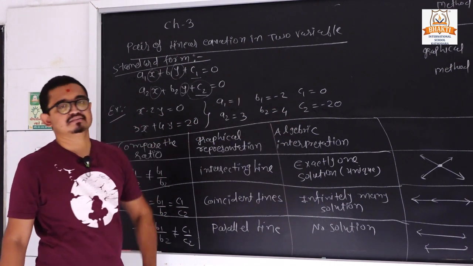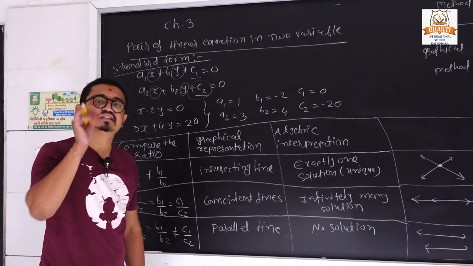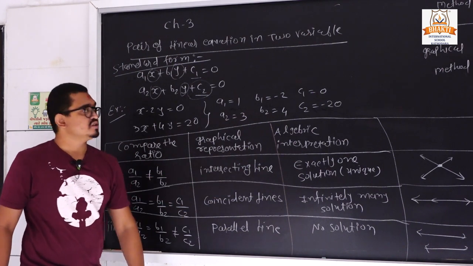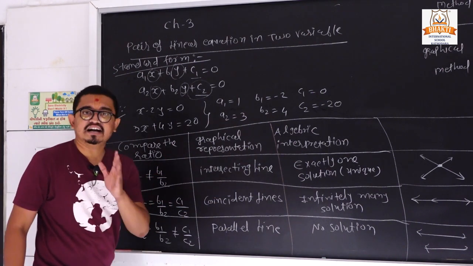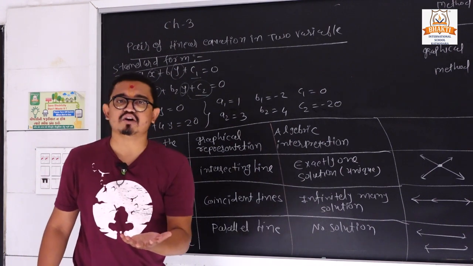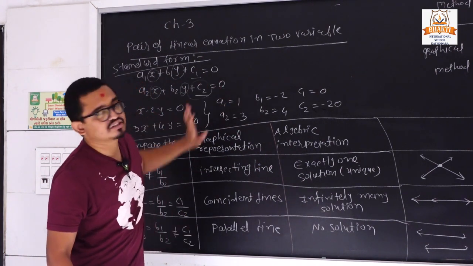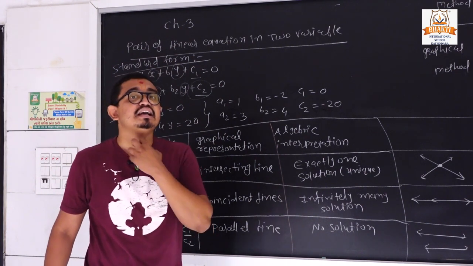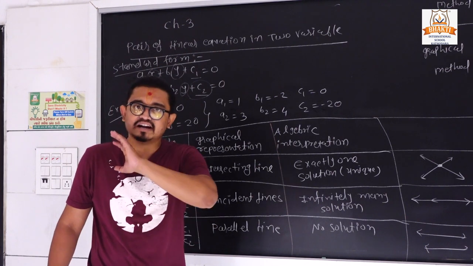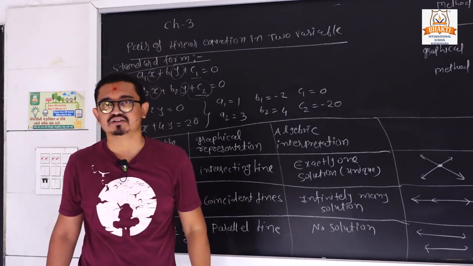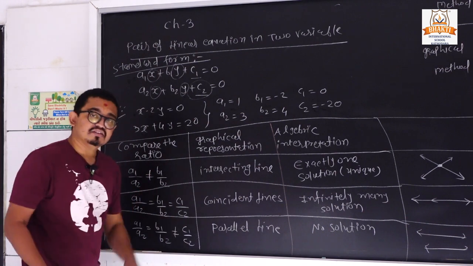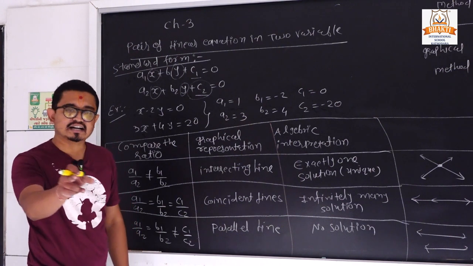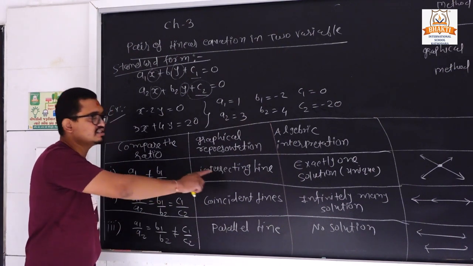From this we can conclude three things. Here I am making a chart. From that chart we can find under which conditions we can find the solution when we solve these two equations, and in which conditions we cannot find a solution. So how can we realize whether we can find the solution or not? For that we are making this table.